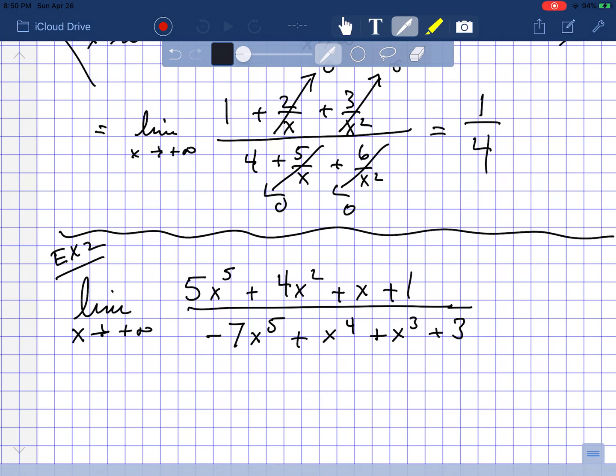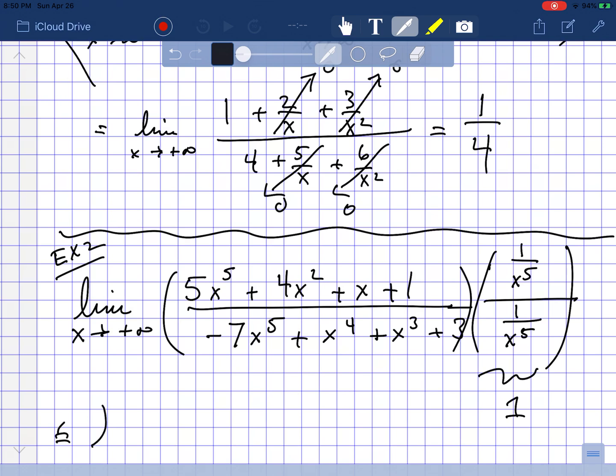But the important thing here is that I'm going to multiply this rational function by 1 again. What I'm going to do is write 1 as 1 over x to the 5th divided by 1 over x to the 5th. So how am I determining how to represent 1? I'm taking the highest power of the numerator and writing that as 1 over x to the 5th, and then dividing it by the same thing. All right, so once I do that,